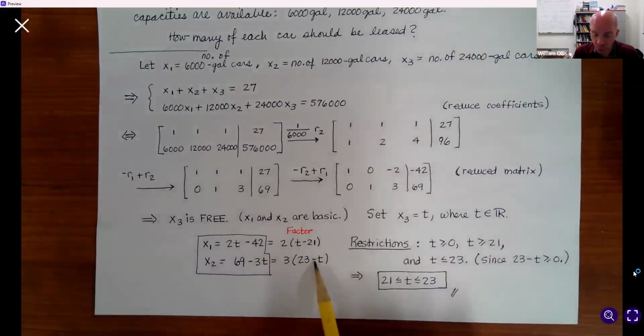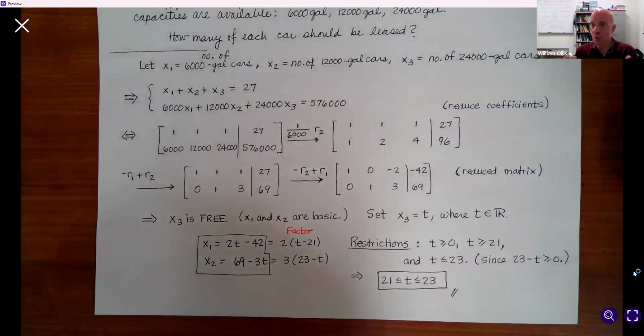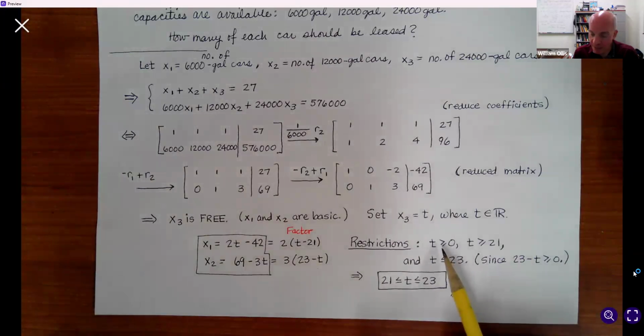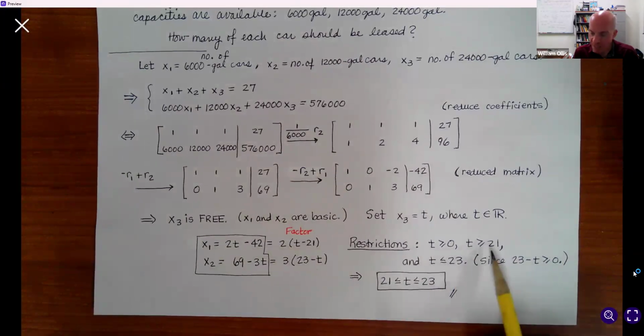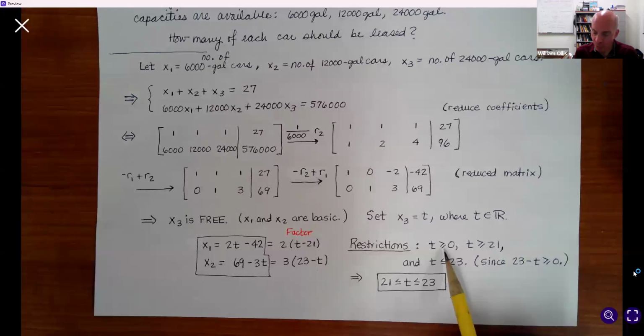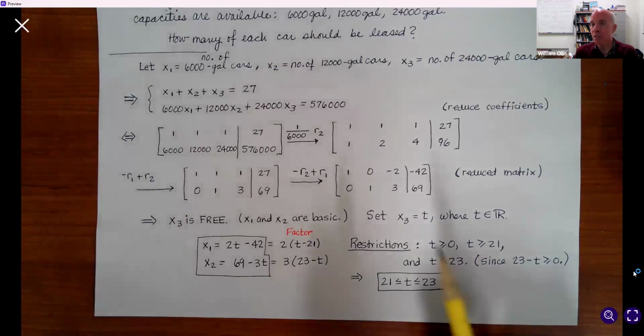And then, of course, for 23 minus t to be greater than or equal to 0, that would mean t would have to be less than or equal to 23. So all of these are joined by "and." They all have to be true. So when we look at this, we know that based on all of these being true, we must be less than or equal to 23, but greater than or equal to 21, and that will take care of the greater than or equal to 0. So now we see that there are actually only 3 values of t that make sense for this problem,